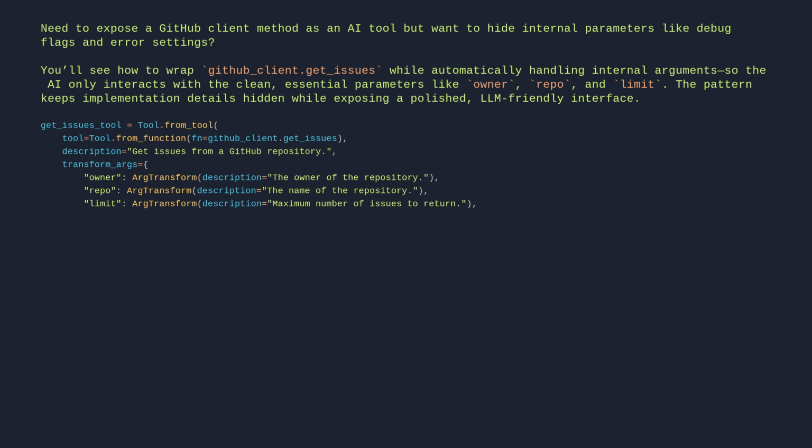# Hide internal parameters. include_debug_info: ArgTransform(hide=True, default=False), error_on_not_found: ArgTransform(hide=True, default=True). mcp.add_tool(get_issues_tool)